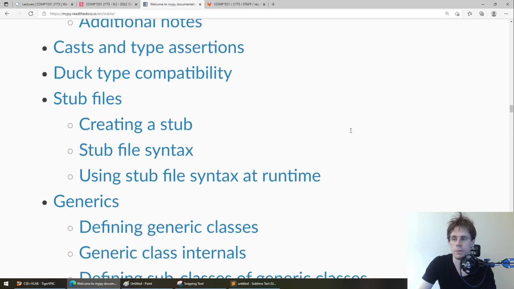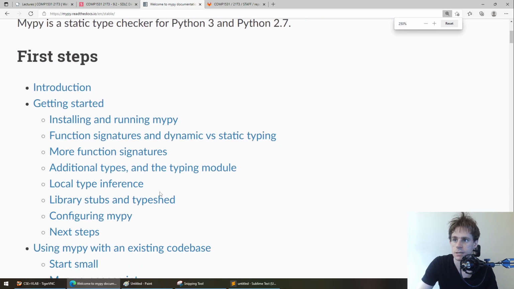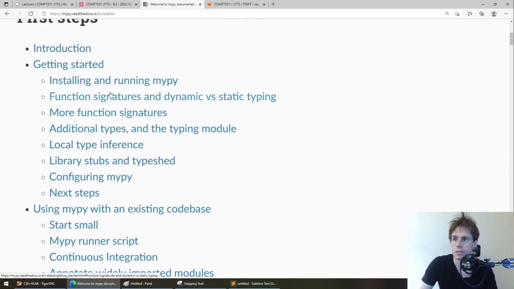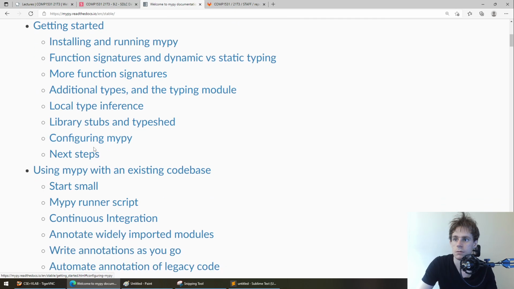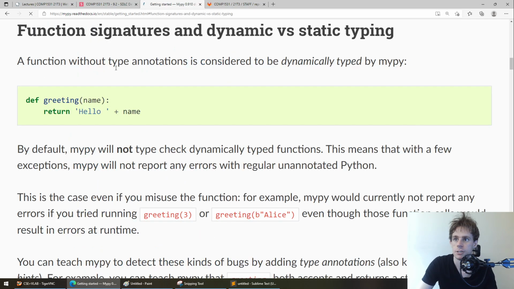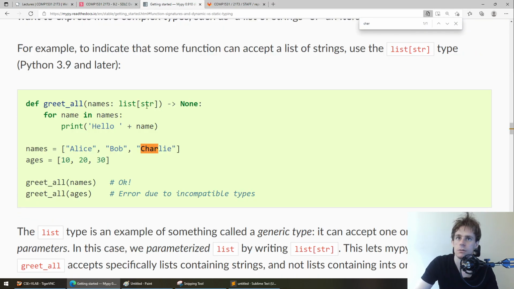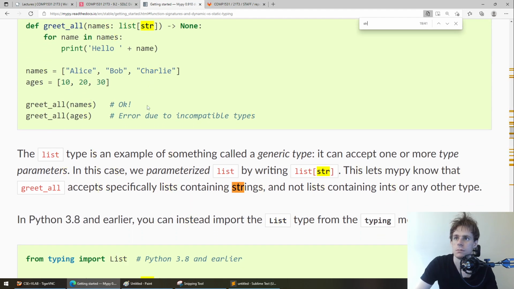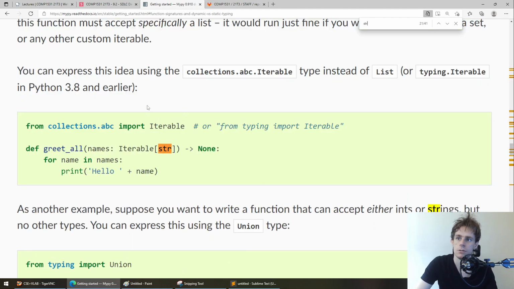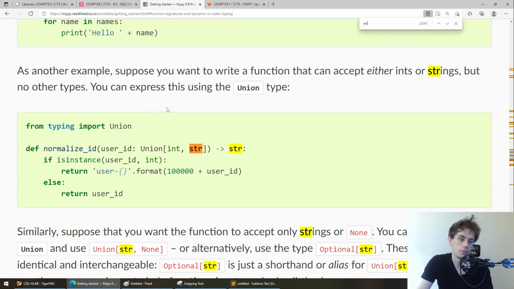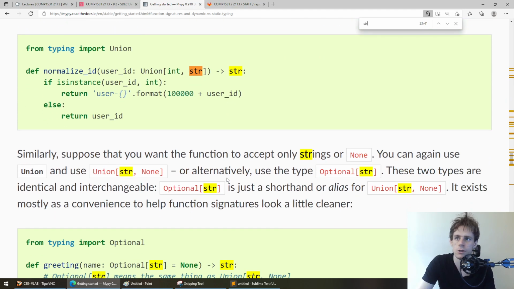It's probably all written down in a really obvious place. Installing more function signatures, additional types, function signatures. Why not? Char. Let's just look at char. Oh, string. Okay, maybe they don't like string. So we've got string there. There you go. Right now, I do know some of this. I'm just trying to show you. You might look it up.